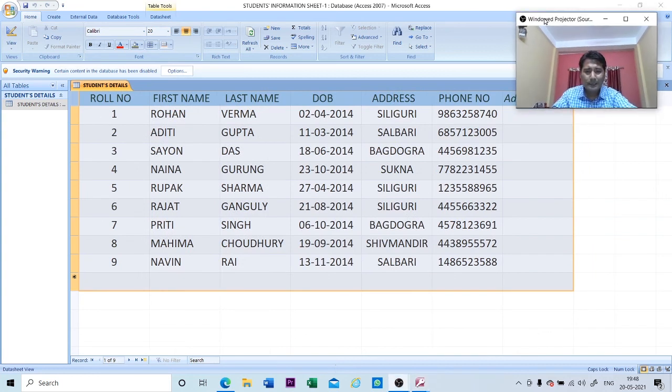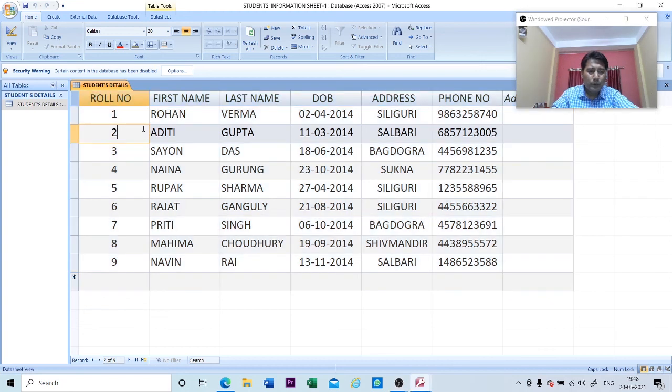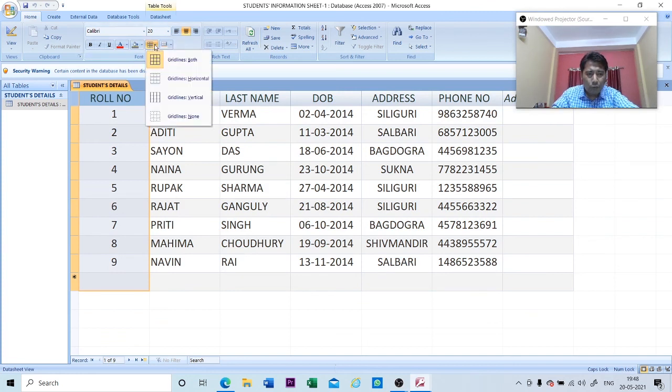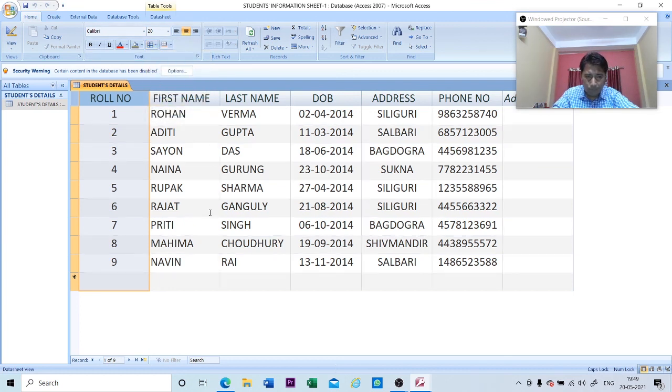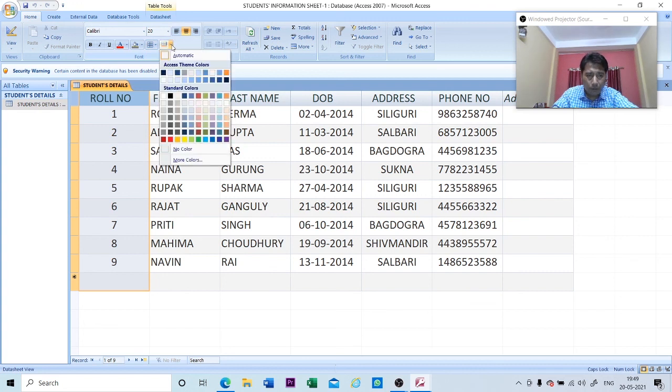Now next is how to format the cell. So under the font group you can see 2 buttons here. Suppose say this button, it is called the grid line. Just click on the drop down of the grid line. You can either use the grid line in a horizontal position, like this way. You can use the grid line in the vertical position in this way, or you can use both the grid lines. Next, you can see your alternate fill color. So click on this arrow,